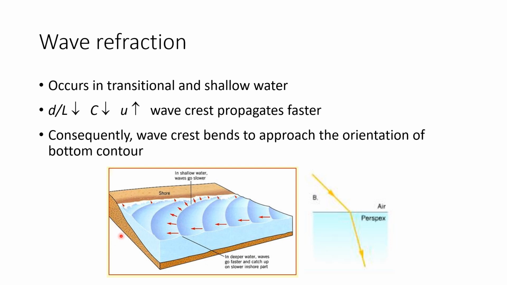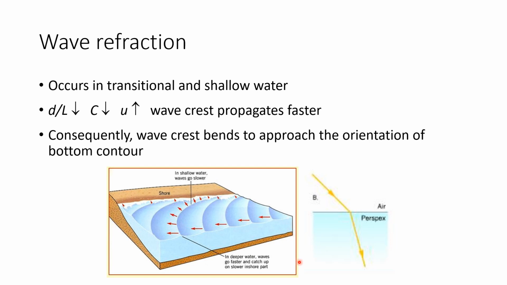And as a result of that, when a wave approaches a shoreline, it is very similar to the effect of a beam of light approaching an interface. Let's imagine this side is the air and this side is a perspex glass. So a beam of light will be refracted like this, and the same thing actually happens to the wave. A wave that approaches shallow water, assuming that this part is deep, this part is shallow, it will be refracted so that it actually becomes